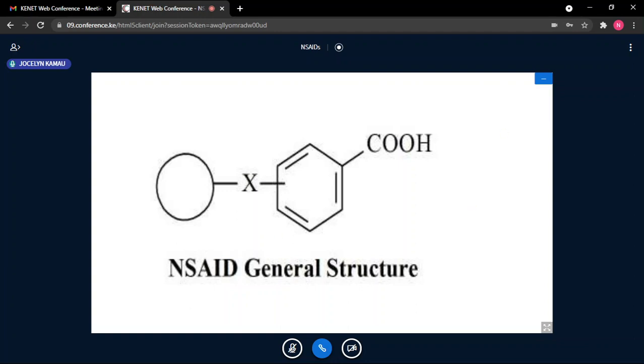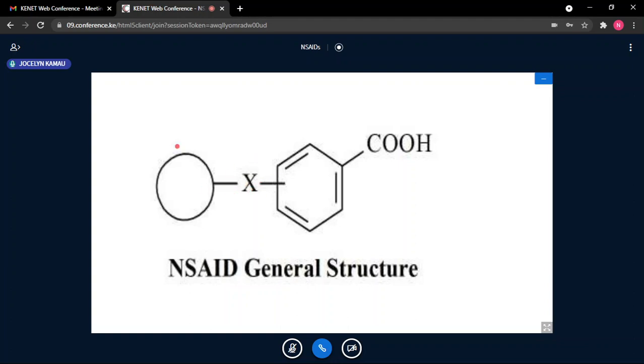So we are saying that is a very, very general structure of the non-steroidal anti-inflammatories, but it changes as per class. As I have said, this is in agreement with the fenamates or tranexamic acid derivatives and the salicylates. All the others are not directly attached. They do have either acetic acid here or propionic acid. Then I have said this X is in agreement with some drugs where you can have an oxygen or you can have a carbonyl group.